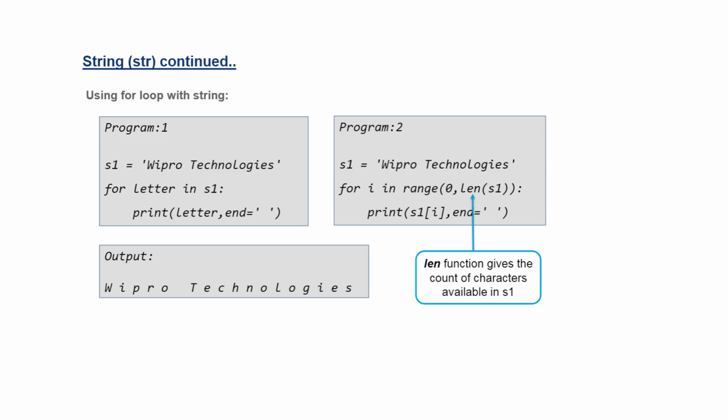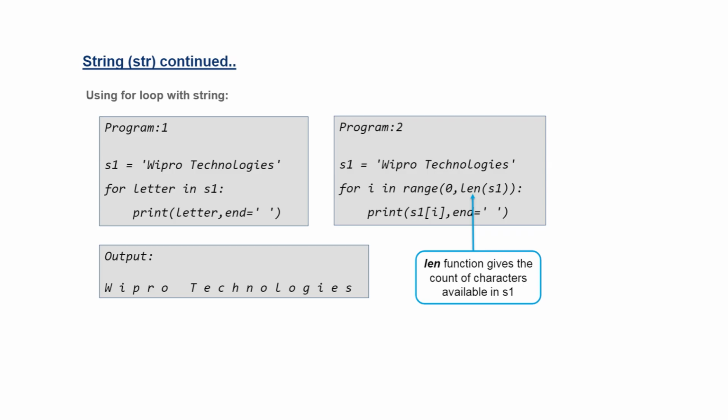So now, string using loop. See again, here also we have taken two programs, program 1 and 2. Let us see program 1 first. The string called Wipro Technologies is stored in a variable S1, and we have taken a for loop, which means